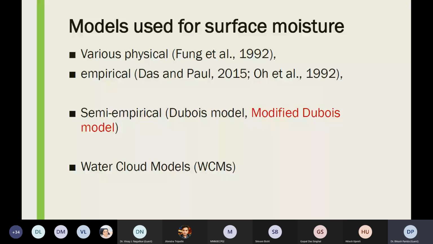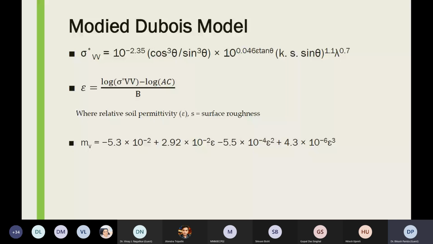So this is what I'm doing right now, and this is the small part of how you can calculate. This is the sigma naught of VP polarization. VP polarization is also important to calculate the soil moisture. This is the semi-empirical model, so you can use these equations to calculate the sigma naught of VP, and